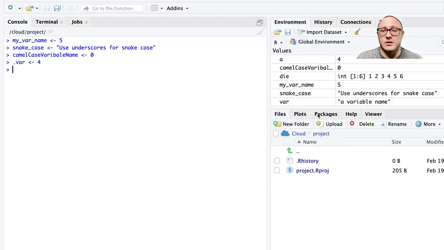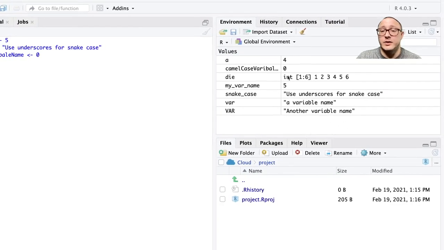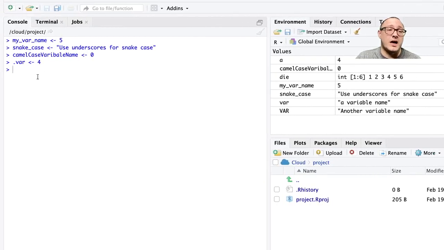Notice all of these are displayed inside of our environment. Now notice something else though. This period one did not show up. Sometimes when you put a period in front, yes, it may look like a good name, but it can also hide the variable name for you. So no matter how you're looking for it, you're not going to be able to find it in here. That is something that you need to be wary of. I would very much suggest you don't use this dot format here